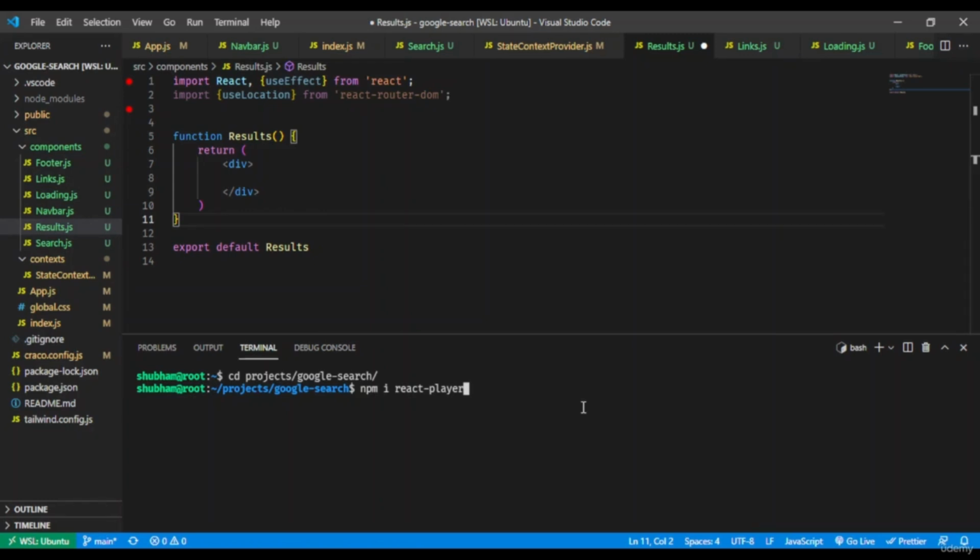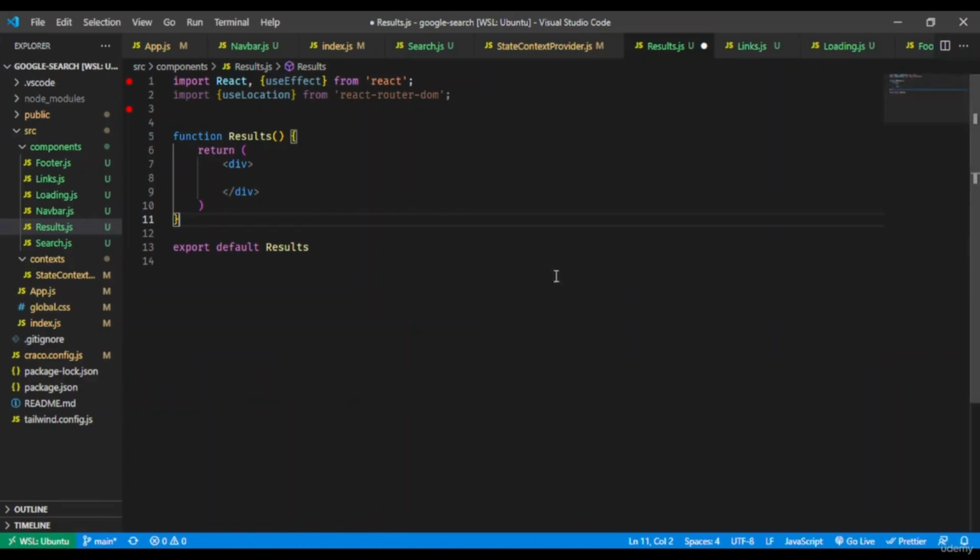I have already installed React player, but you haven't, because you have not installed it. So you can just install it by this command. It will take just a few seconds and it will be installed. So once you have installed it, we will come back to the coding. Let me minimize the terminal, and now we will start